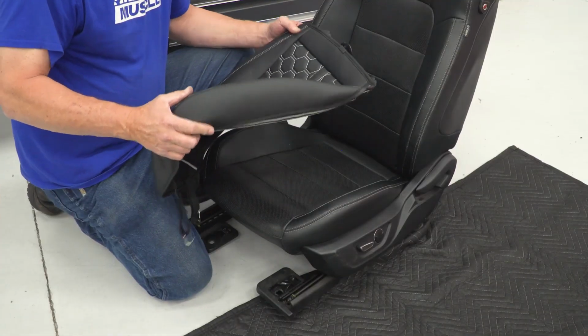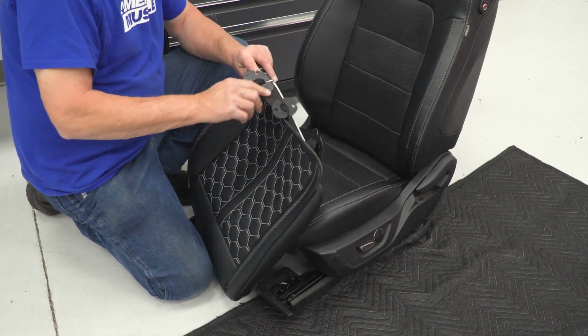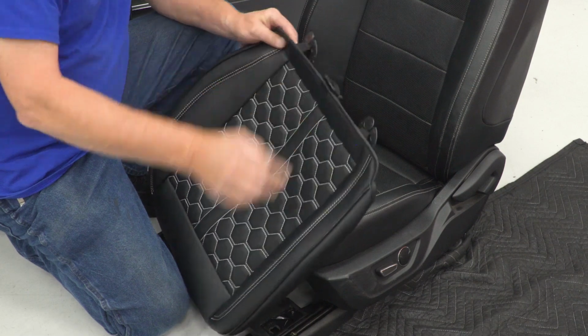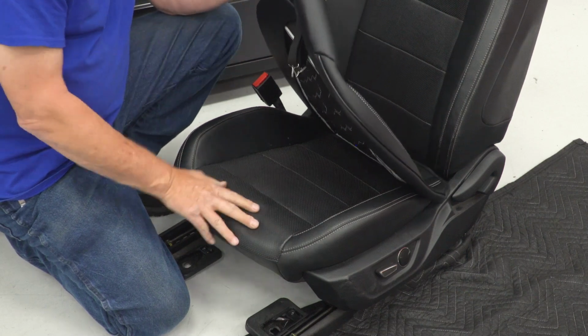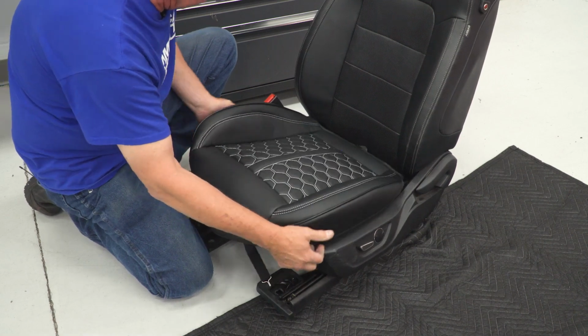Now to install our first seat cover for the seating position, you want to make sure that you've got the one that has 3 plastic tabs on the back with some elastic, and also the front has 2 elastic straps with clips on them. These are going to go on the front side. So we just go ahead and place this in over the seat